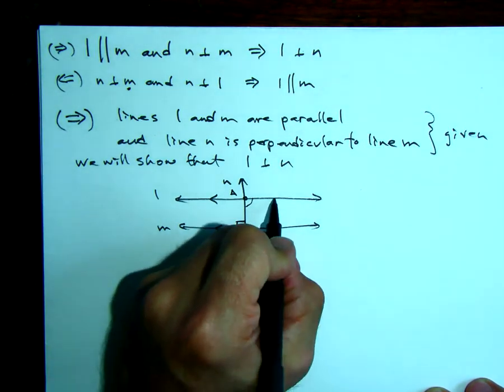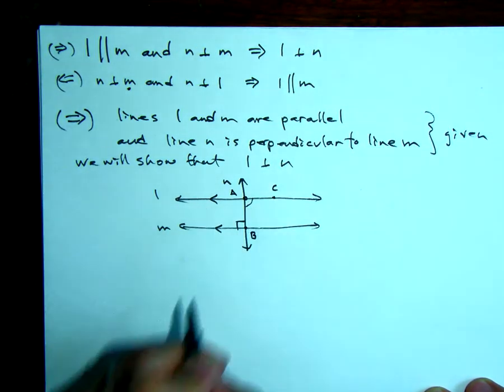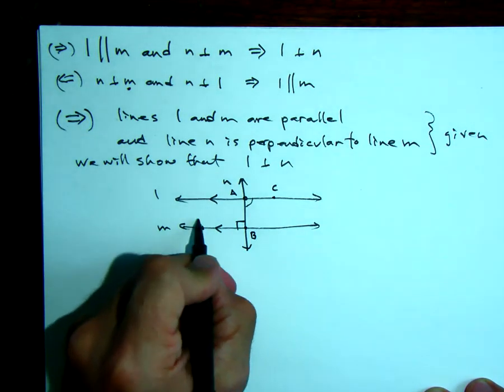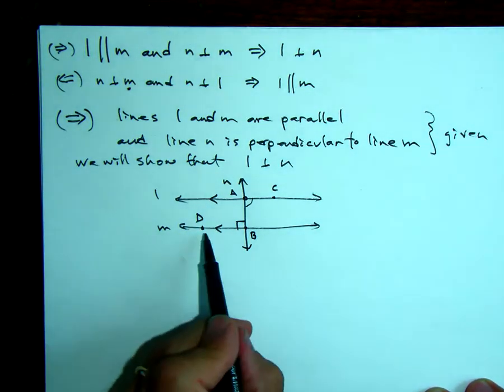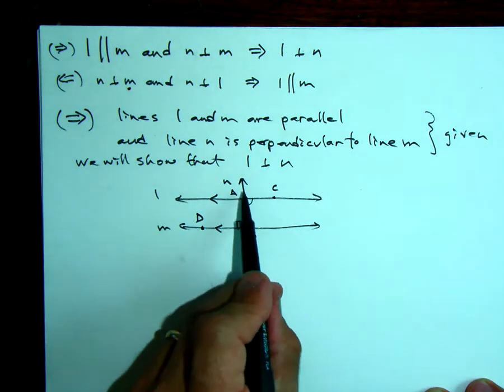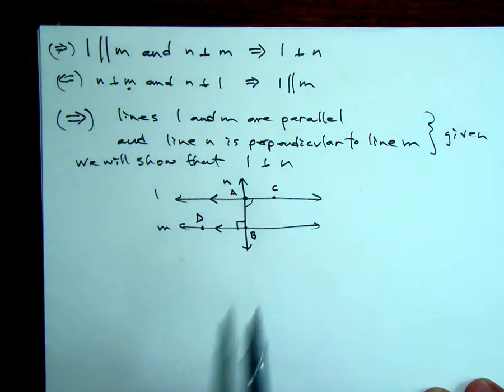Maybe we'll put C over here, and then put D over here. That will allow us to refer to this angle as DBA, and this angle up here as BAC. All right, so where do we begin? Well, we know that